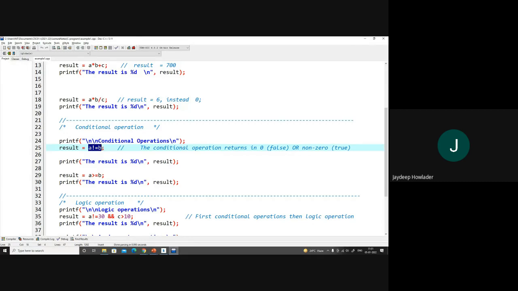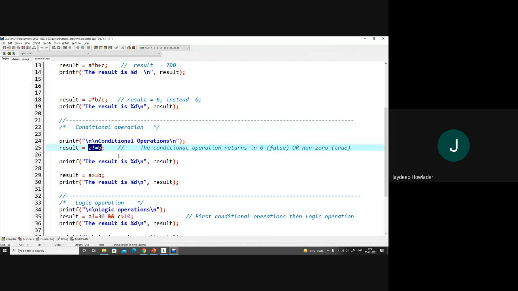Understand? So look at that, A and B are not true and false. A and B are some values, meaning it may be an integer, it may be a float. But this operator returns true or false. Sir, one thing. Sir, in C, do we not have the Boolean data type?